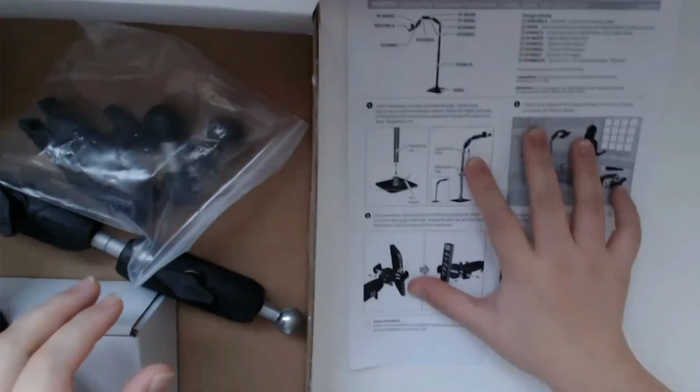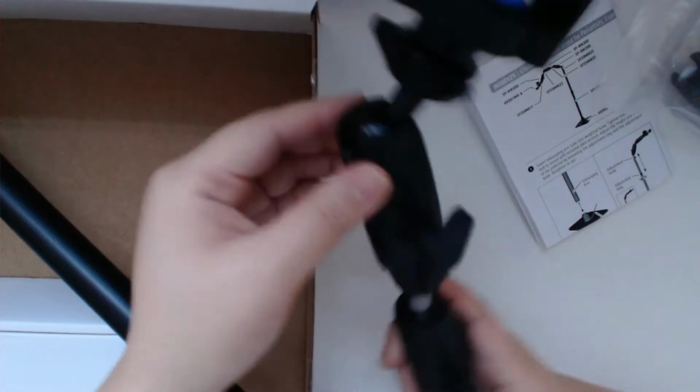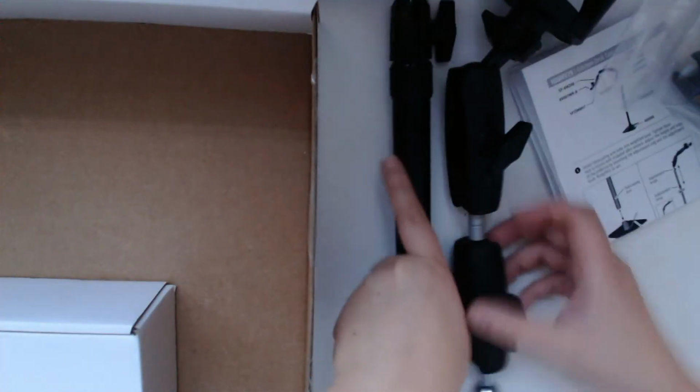what's in your box is of course your instruction. We have here the adjustment knob for the extension of your phone stand. We have the arm, telescoping arm, and of course this heavy the feet of your stand, or the,